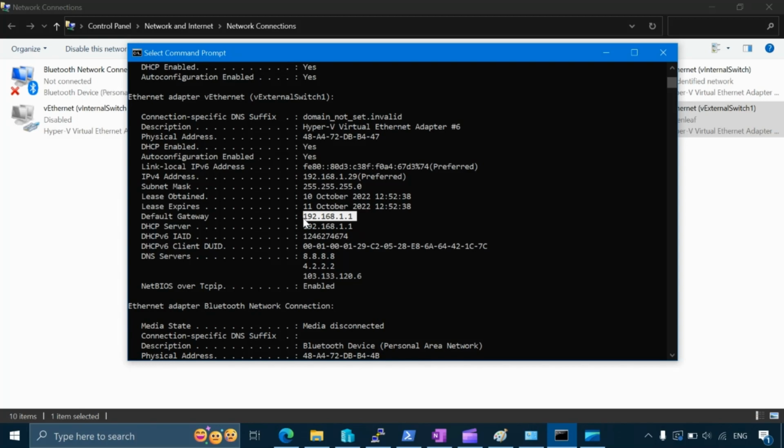Now this default gateway address is the IP address of our router, because when we create an external switch and map it with the external, or let's say physical adapter, then that virtual adapter will use the default gateway which our physical adapter is using. Right now my Wi-Fi is connected from my router, and my router is acting as a default gateway for my Wi-Fi connection, so that's why it's showing my default gateway as